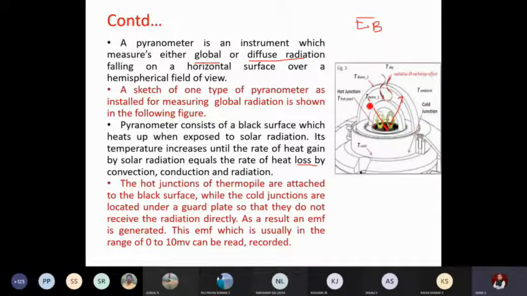Until the energy entering the plate is equal to the energy outgoing from the plate, the temperature keeps on increasing. When the entry heat and the exit heat are the same, it is called equilibrium. In simple terms, the temperature of the plate increases until the black surface reaches equilibrium.